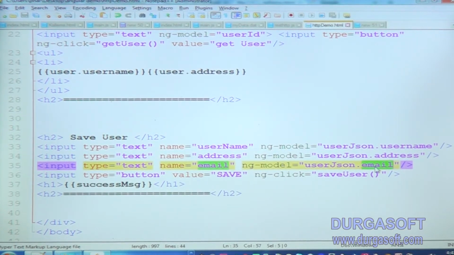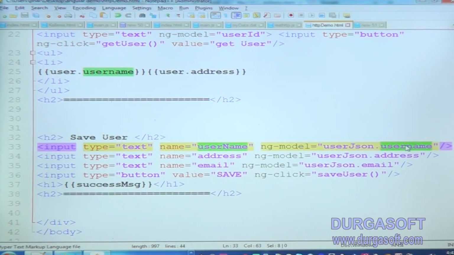Okay, so if I specify userJSON.username, what will happen is, it is two-way data binding. ng-model is two-way data binding. In the userJSON object, username will be added as one property, and whatever value I am sending comes for the username key.